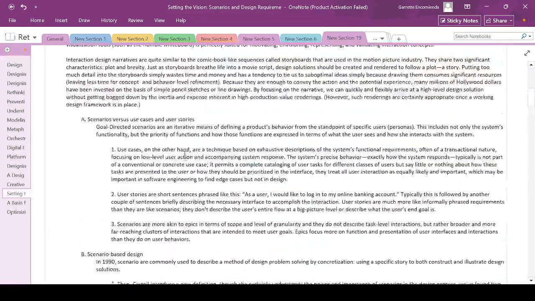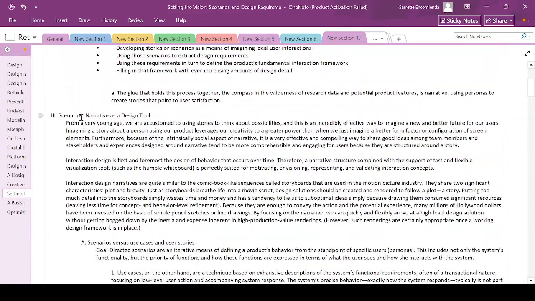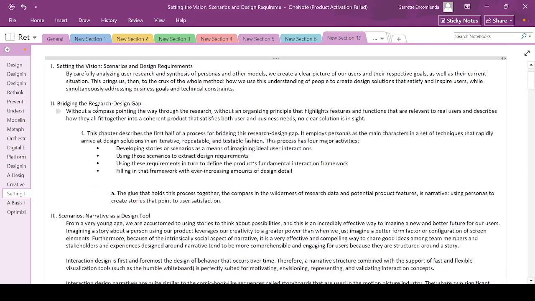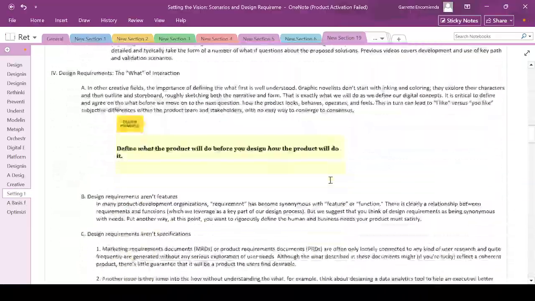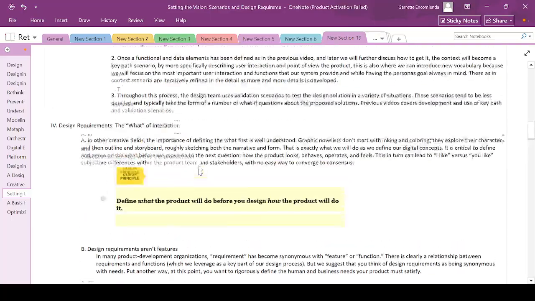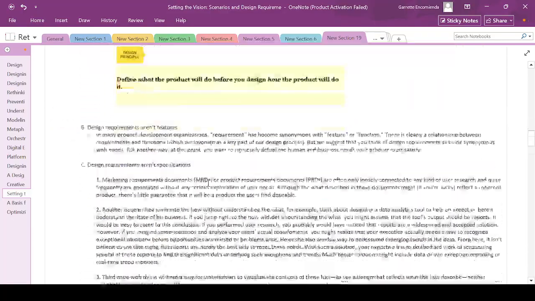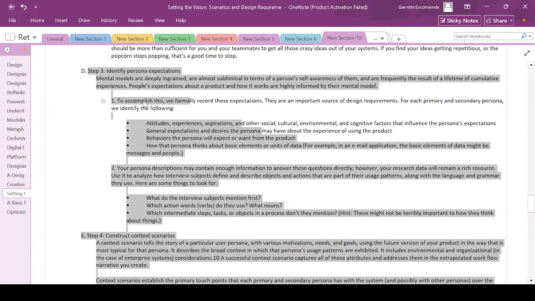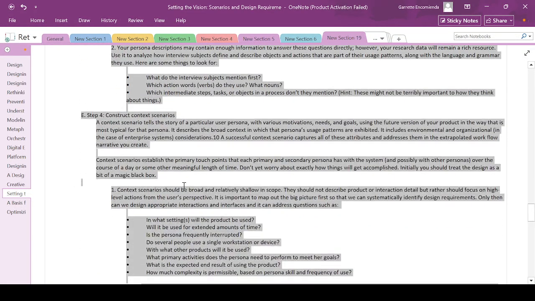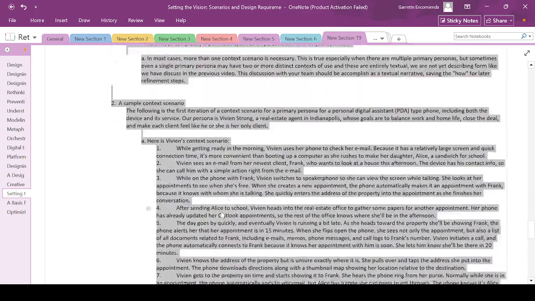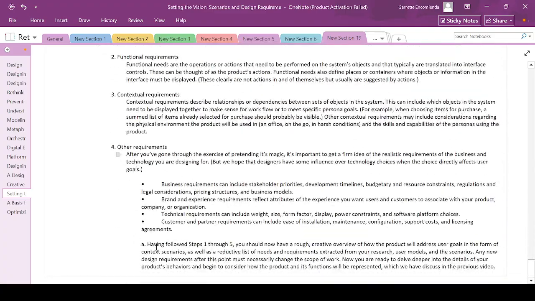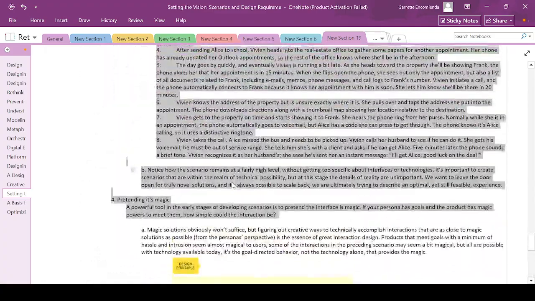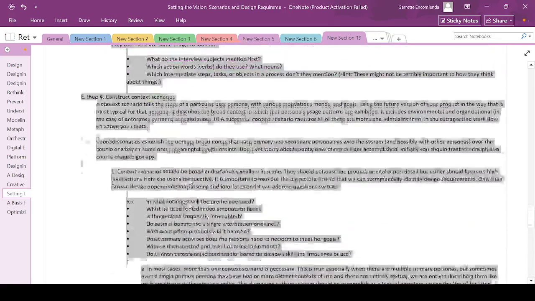Now, what are we actually trying to do here? So scenarios narrative as the design tool. Actually, we're bridging the gap from research to design. So we're trying to be clear about the requirements, because later, using these requirements, we created the scenarios, right? Using these scenarios, we created a list of problem and vision statements. Now here